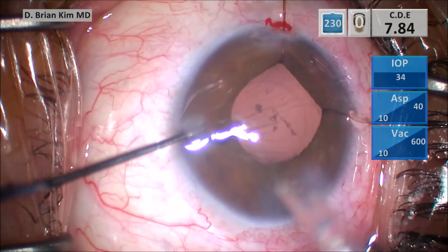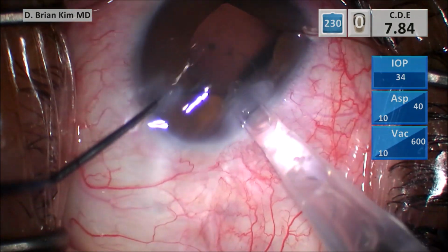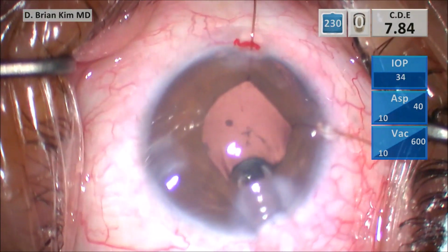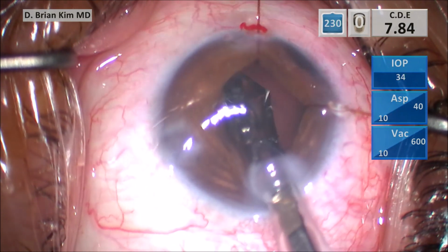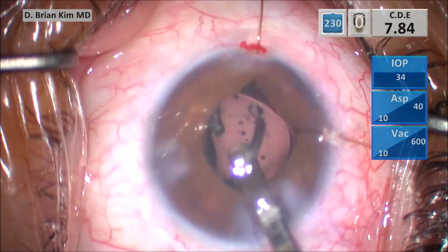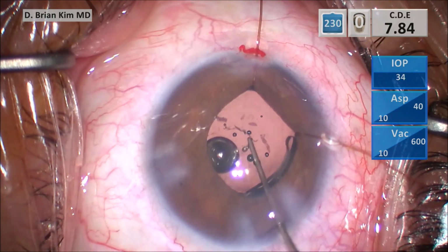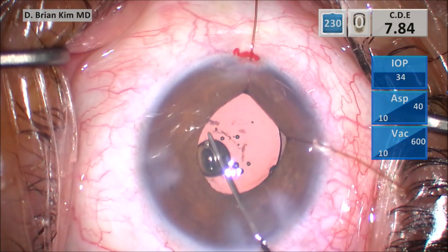And this is a single piece acrylic lens. It's going to go into the capsular bag. So far so good. I haven't really had any major issues. I have not encountered any vitreous loss. The posterior capsule is intact. I'm placing the CTR in with that technique that I just discussed, and then placing the single piece acrylic lens